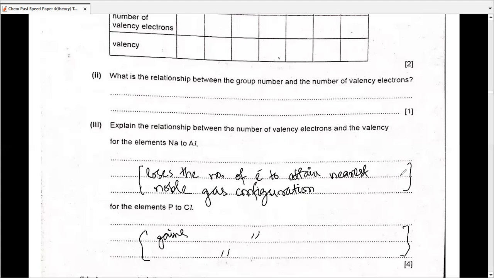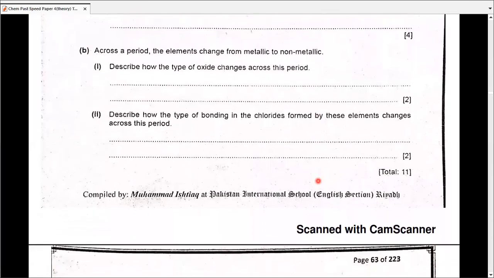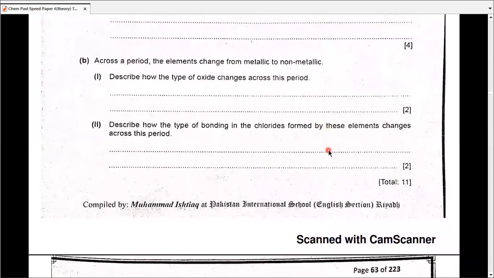Good. Let's clear this all up and move forward. Okay, across a period, the elements change from metallic to non-metallic. So this definitely is not from chapter number 3. Describe how the type of oxide changes across the period. So it moves from